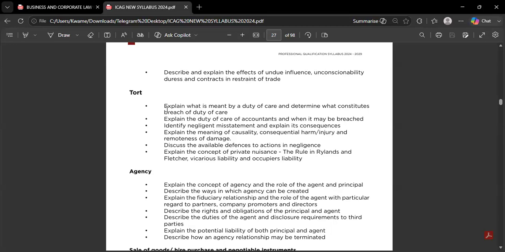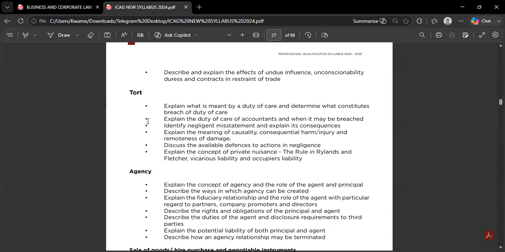tort. We also have what we call negligence, where the law determines that you owe a duty of care. What do you mean by owe a duty of care? Where you have to do the right thing in a certain situation. In a certain situation, you're in the best position to do the right thing to save your neighbor. In that instance, you owe a duty of care to the individual. Where you breach that duty and the person is affected, we can say negligence has come in. All these things come under the issue of torts.